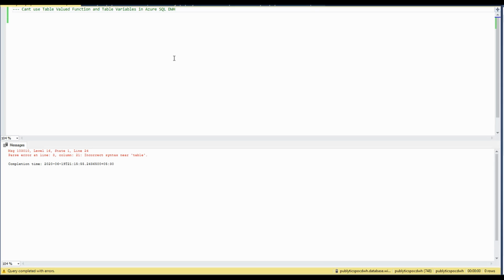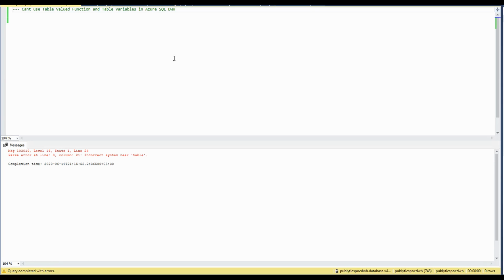Personally, I have found that table valued functions are especially useful when you want to convert a scalar function into a table valued function, because a scalar function, as you all know, is detrimental to performance since it runs on a row by row basis. I have to admit that I didn't know until I worked on my last project, and thanks to some of the senior folks in my previous company, they helped me understand that scalar functions are not useful.